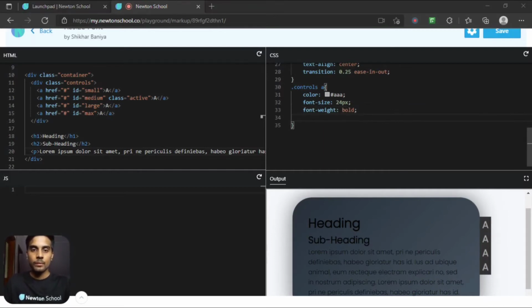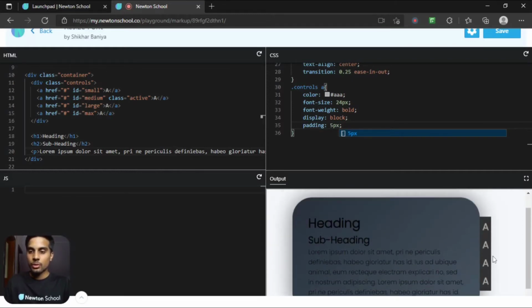Also, I want to display it as block, so let's say display block. And let's increase the padding. Let's say 5 pixel. So now this is looking great.